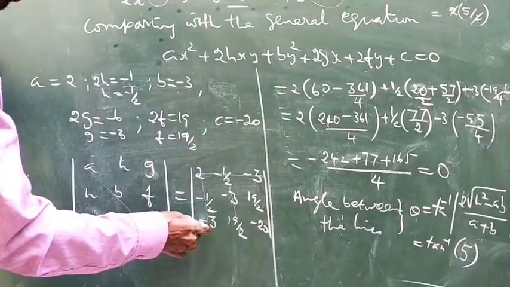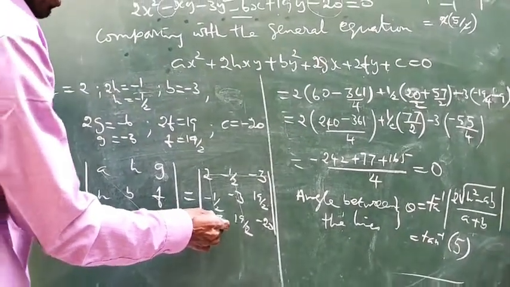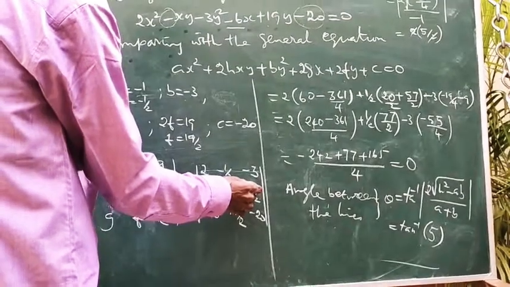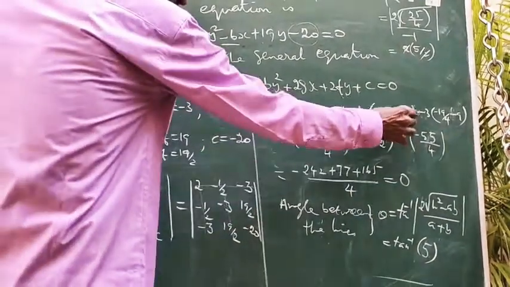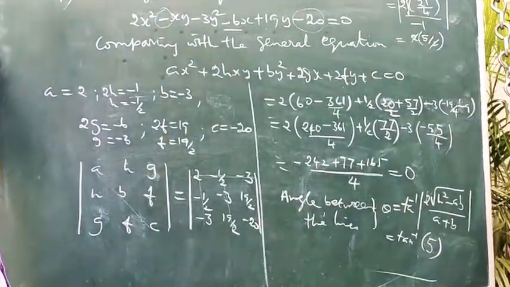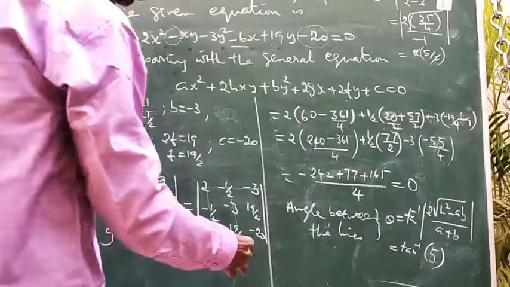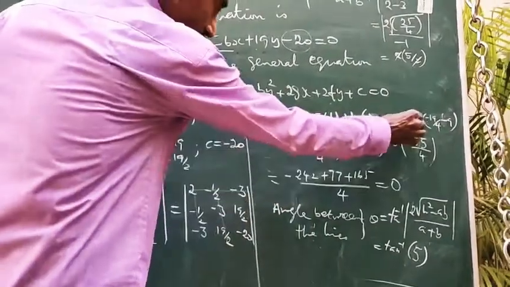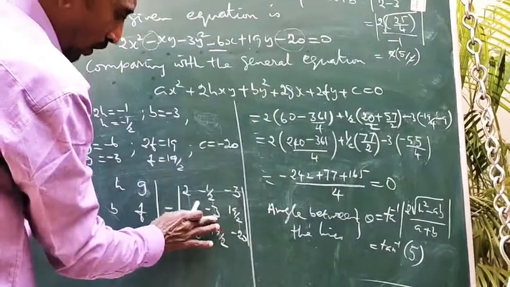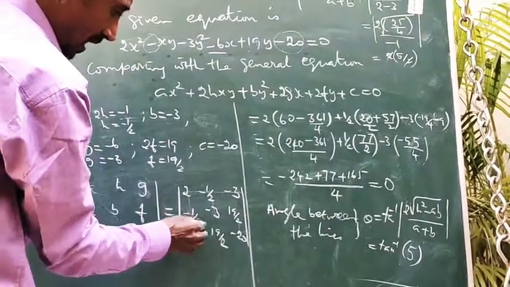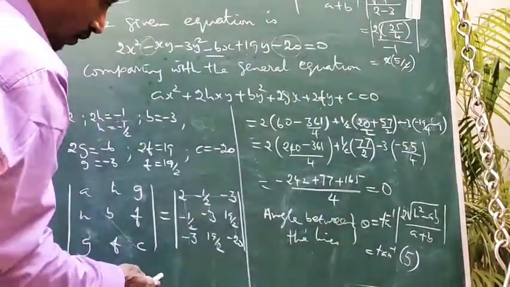So second cross or minus, minus into minus plus 3 into 19. Okay, so 57 by 2. Okay, so 3 into 19, 57 by 2. Again third element minus 3 into delete that column and row. First cross minus second cross minus 19 by 4. Okay, so